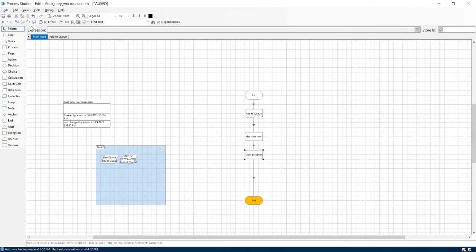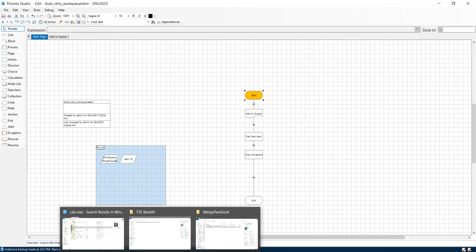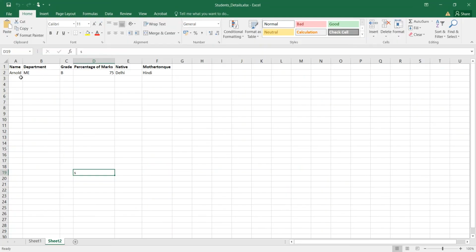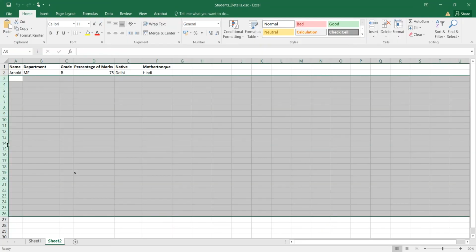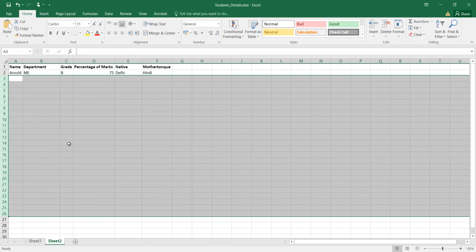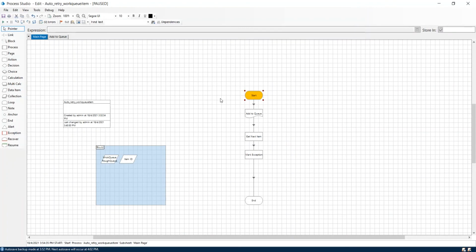So what I am going to do now is run the process again. But before that there are multiple empty items. So I'm going to delete these empty rows to make sure everything is working perfectly. Here you can see there is one yes character, that's why there are a lot of empty columns. So I'm going to delete these and save this worksheet, and I'm going to run.